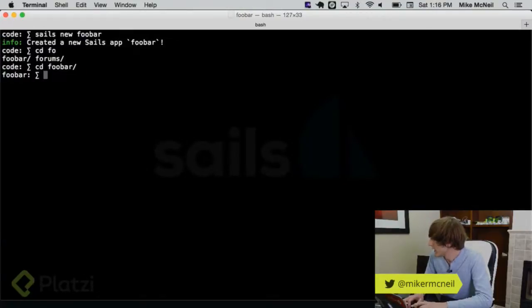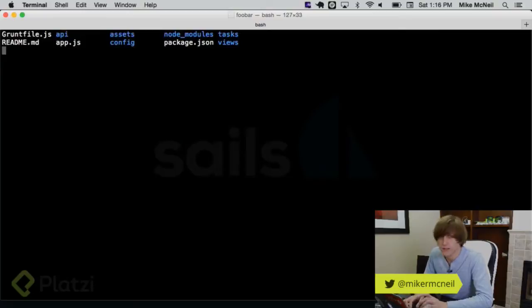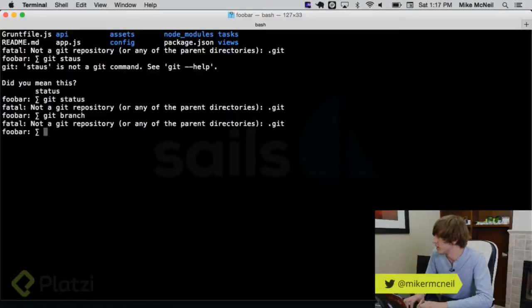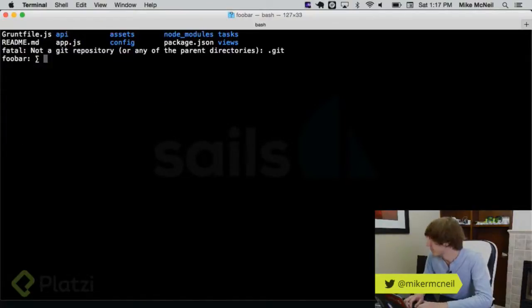And if I take a look around, that gls thing is just a little shortcut I have that does git status, git branch. And it also does ls with some colors, right? And it also clears the screen. So whenever you see me typing that, that's what it's about. If you ever want to, just for reference,